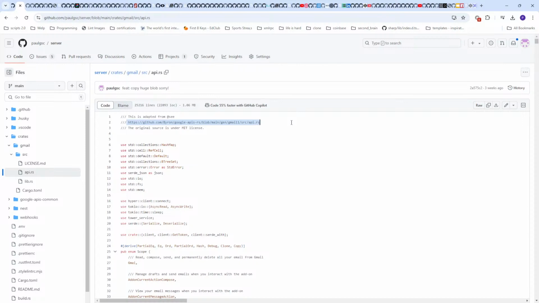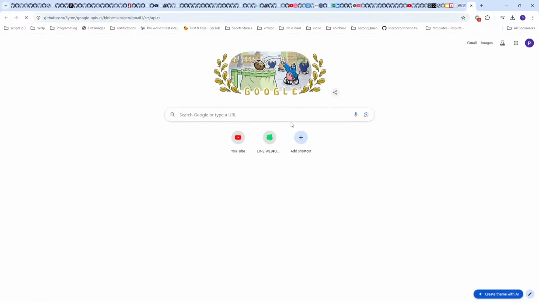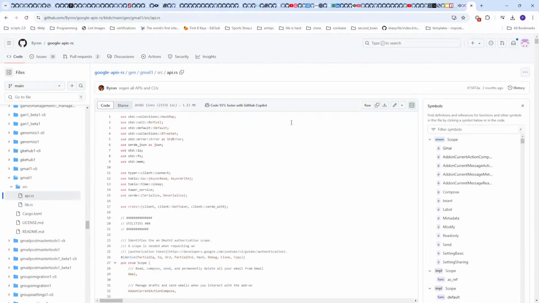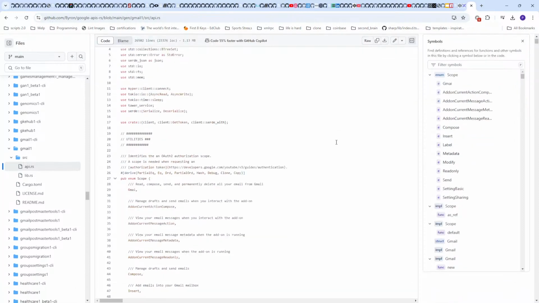Right now this is actually broad and extensive. Looks like I closed it, but the context is that there's this repository, Google API Rust. It looks like there's a bunch of Google APIs bindings for Rust. And I was thinking I could just use this, except I don't like the way it's structured. And that is,